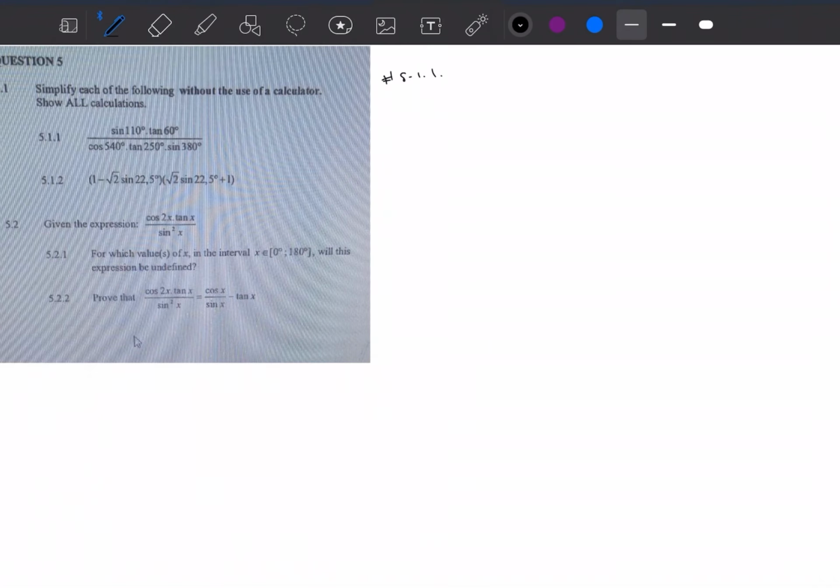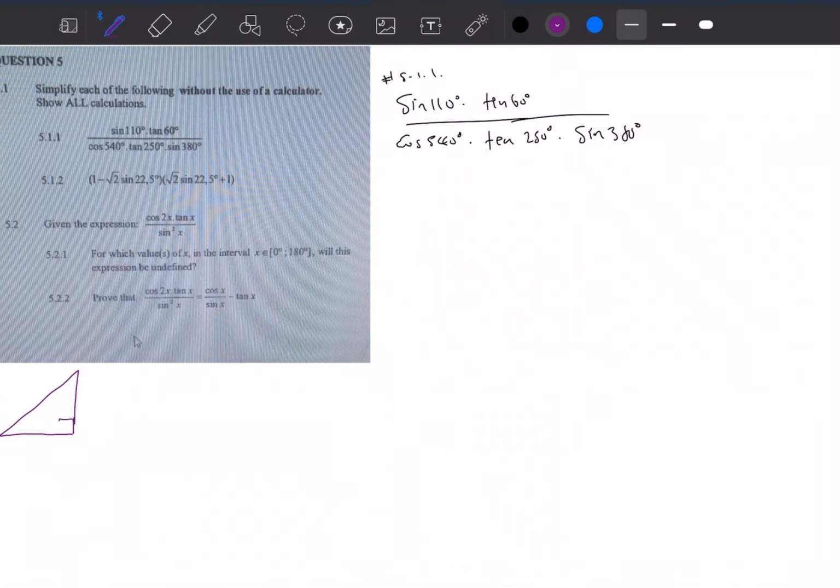So you're given sine 110 degrees tan 60 degrees over cos 540 degrees times tan 250 degrees times sine 380 degrees. Okay, so before we go any further, a couple of things that you need to know. Number one, remember you are being specifically told don't use a calculator. So you need to know that the sum of the angles within a triangle,